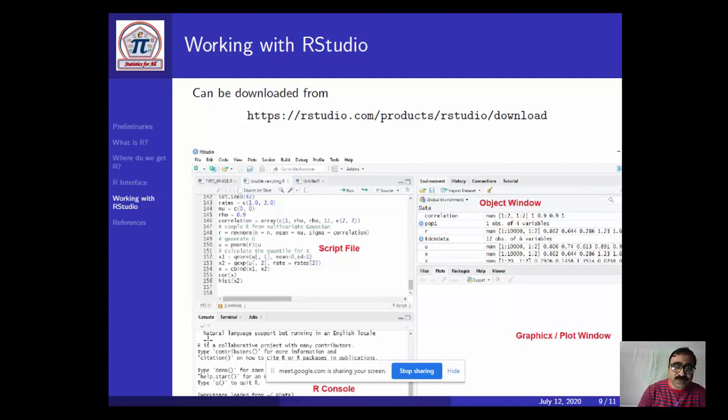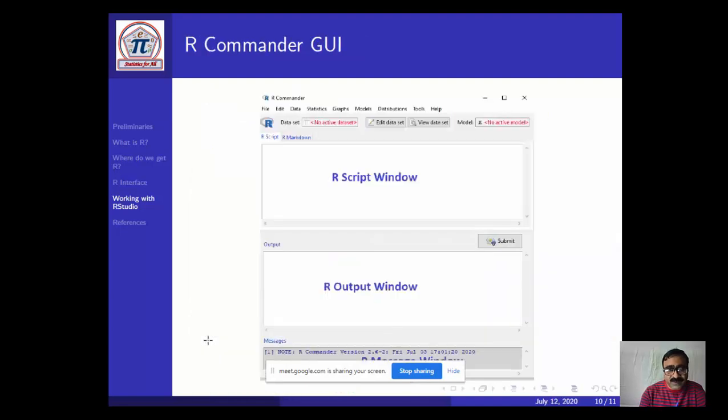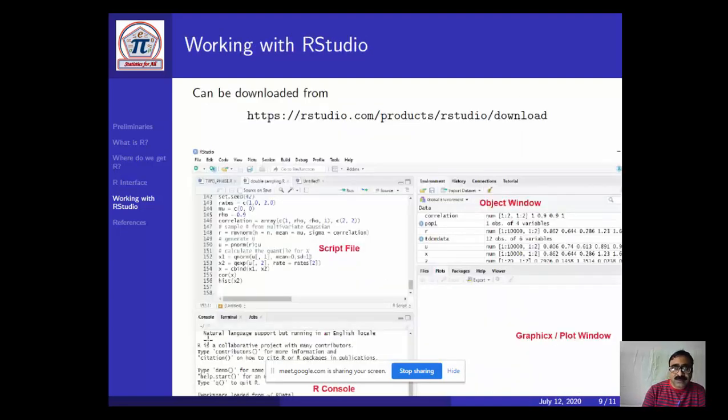There you can go to Products, RStudio, and download and install. First you install R, then you install RStudio. After installing RStudio, you will get an icon of RStudio.